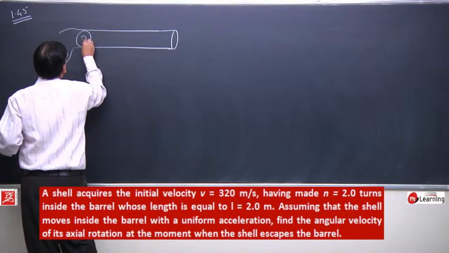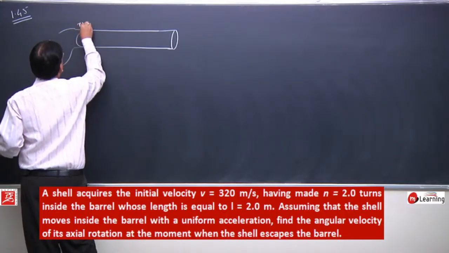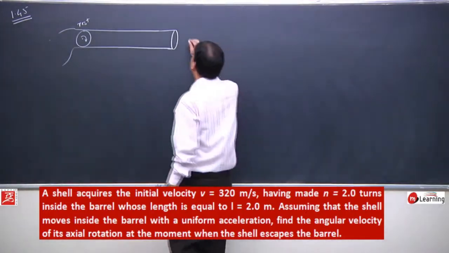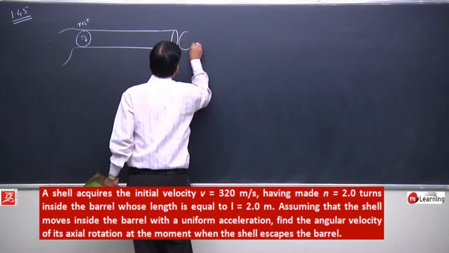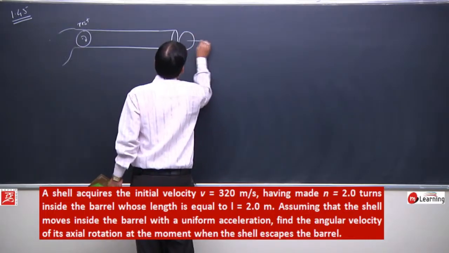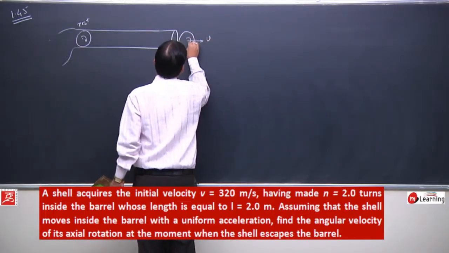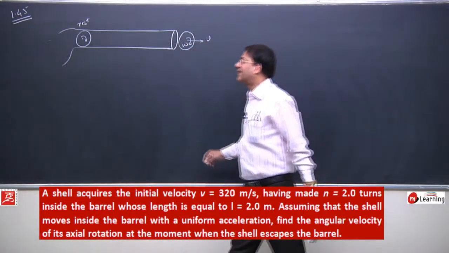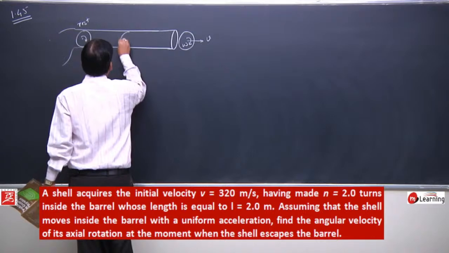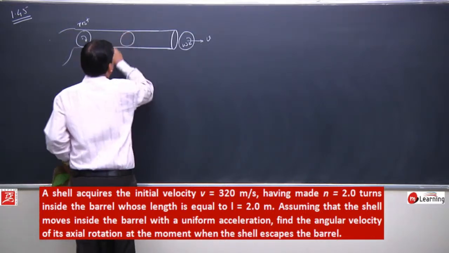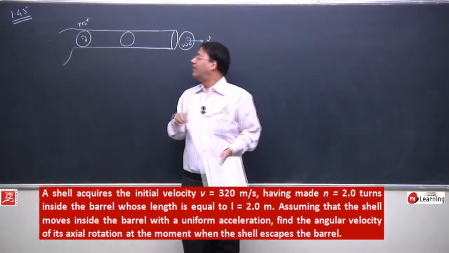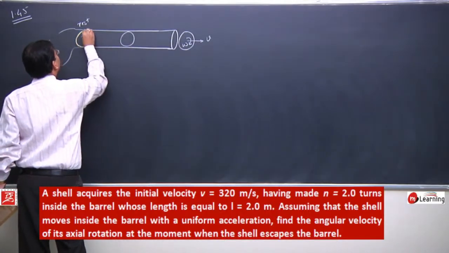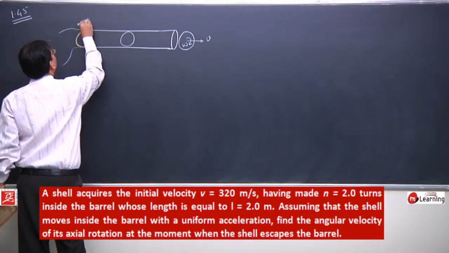Any shell which is at rest here escapes this barrel, and when it escapes, it's moving as well as translating. Within the barrel, there is a shell which is at rest initially,